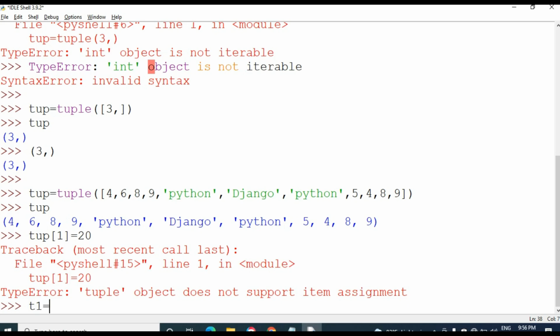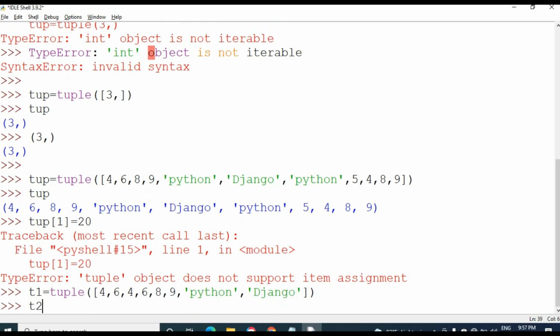I am just taking tuple 1, copy and paste here, then tuple 2.